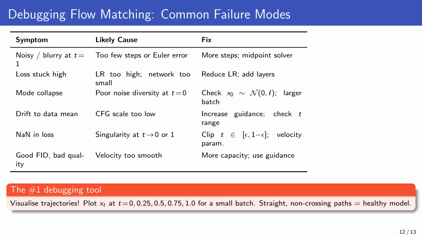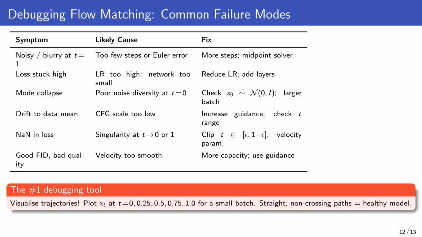Now let us talk about what goes wrong in practice and how to fix it. This is the kind of knowledge that papers do not usually share, but that saves you days of debugging. The first common problem is that samples look noisy or blurry at the end of generation. This usually means you need more sampling steps, or your Euler solver is accumulating too much error. Try increasing the number of steps, switching to a midpoint solver, or double-checking that your time range actually goes all